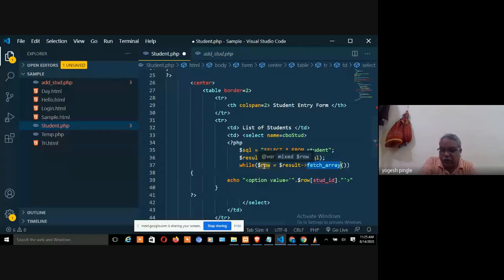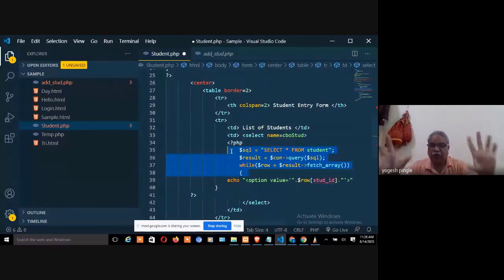So who is going to point to one record? This particular variable. Who is going to fetch all the records? Result. Who is going to point to the actual query? The con object. So this is the whole and soul, the pointer structure only, right? So open the while record. Up to this much there is no HTML, only purely PHP code, right? Now inside PHP, I want to show the option.